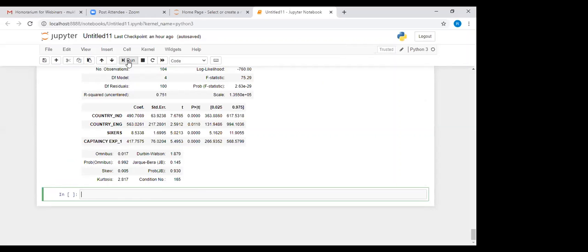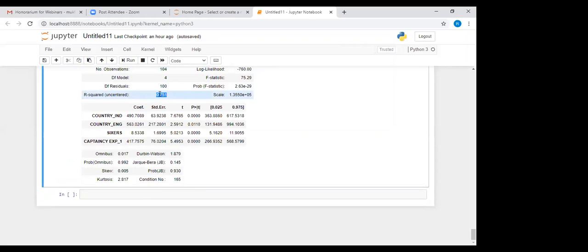Now see, the R square of the model has increased from 71% to 75%. The 4 variables are significant, and the probability of F statistic shows that the overall model is also significant.